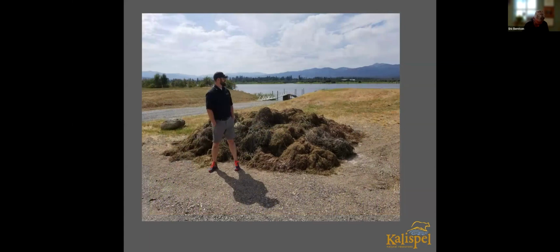Here's another picture where we have our outreach coordinator, Mike Lithgow, there for scale. He's probably about 6 feet, but that's one haul that came in. That's our powwow boat launch, our main boat launch on the reservation. Basically they'll bring up the boat and just dump it there, and then we haul it up the slope about another mile and a half or so up to a high spot on the reservation where